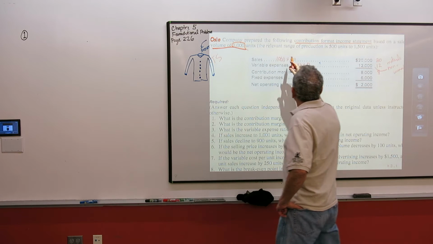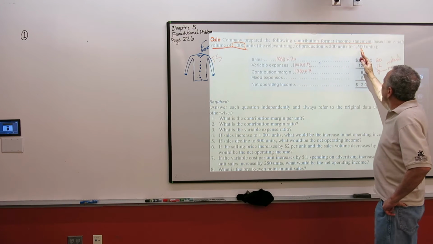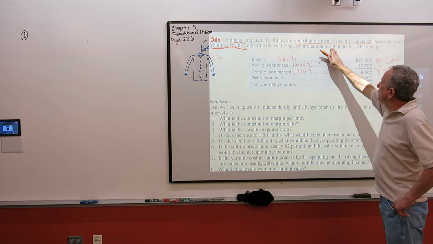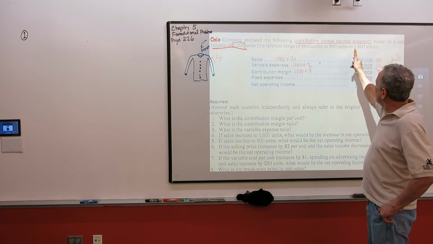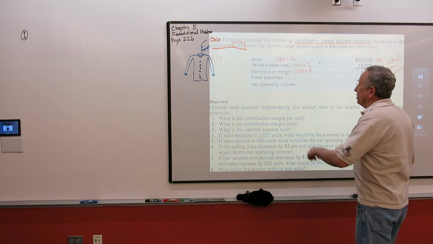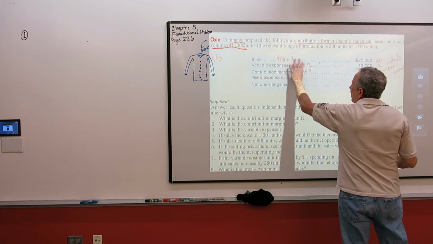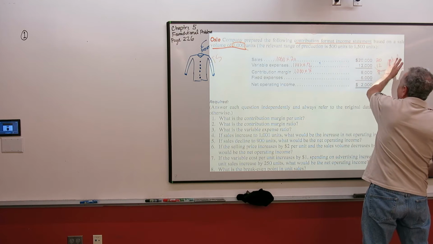1,000 units. The relevant range of production is 500 to 1,500. That means sometimes they drop down to 500, sometimes they go up to 1,500, but they're right in the middle. That's their relevant range. Now again, it says they have sales. Now, try to remember, I wrote this stuff in my book, and I wish I had now, but anyway,